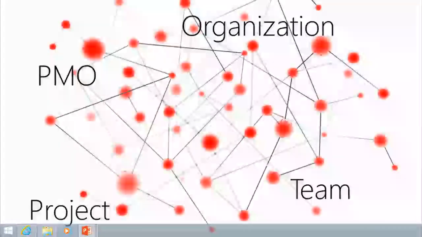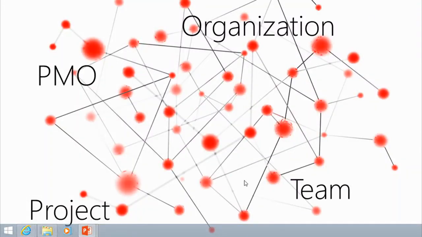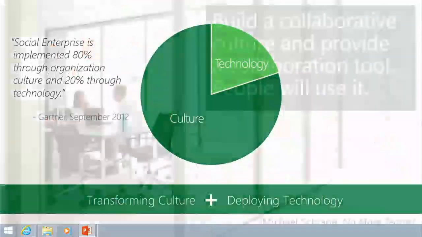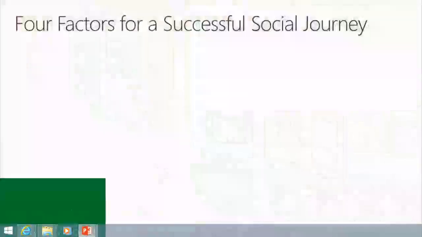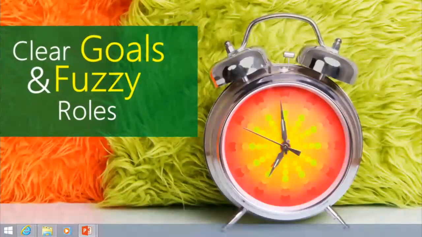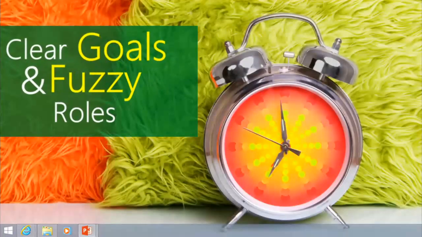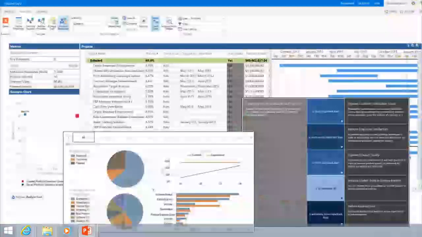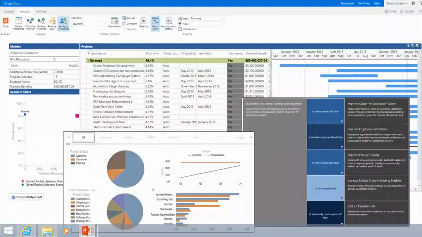Collaborative cultures exist wherever there's shared goals, which would be the organizational level, project level, team level, et cetera. So how do we achieve this? Here, we'll just kind of gloss through all this stuff. One, we already talked about this, having clear goals, but not necessarily defining the roles. And this is where Project Server comes in, because what does Project Server do very well? It helps communicate organizational goals. It helps make portfolio priorities clear.